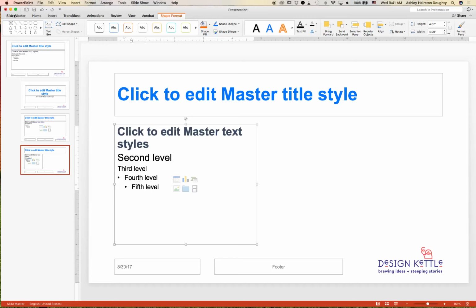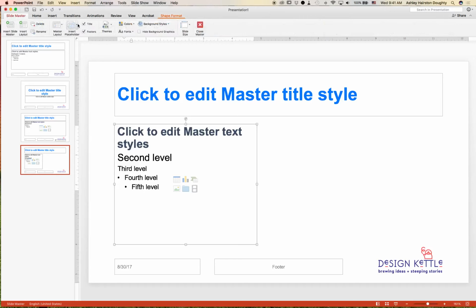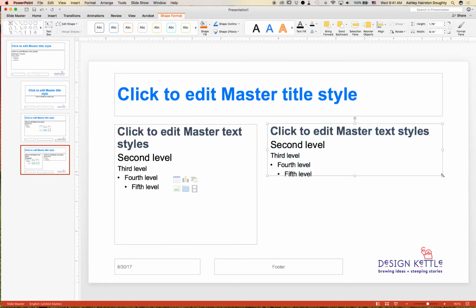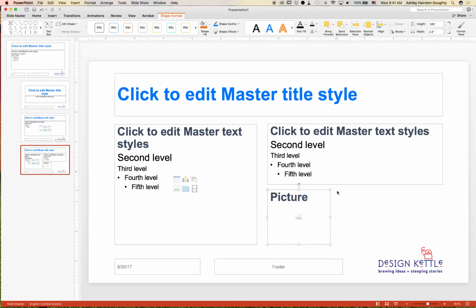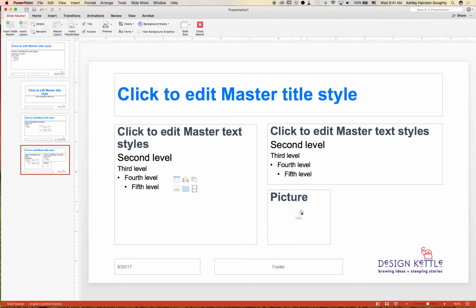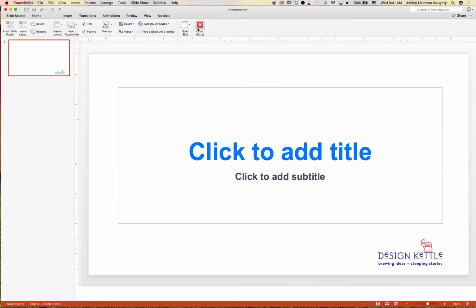If you don't want to give them flexibility with a placeholder, then you choose a more specific one, like text. And so that gives them the text box. You can do one for images. I call it pictures. So you can add those there. So let's say that this is how I want it. I can go to Close Master,